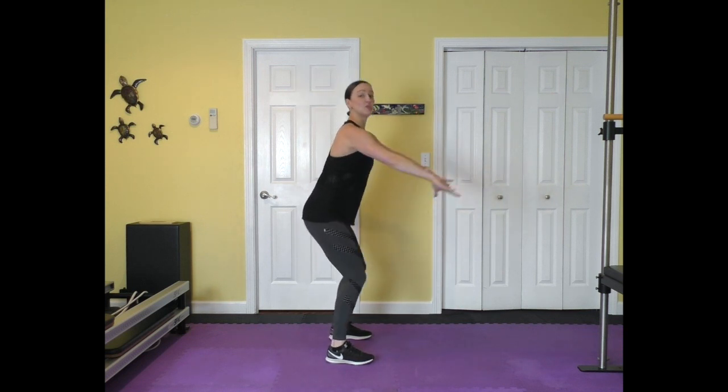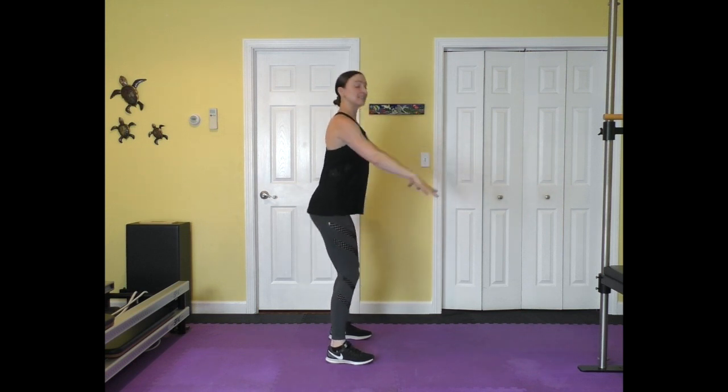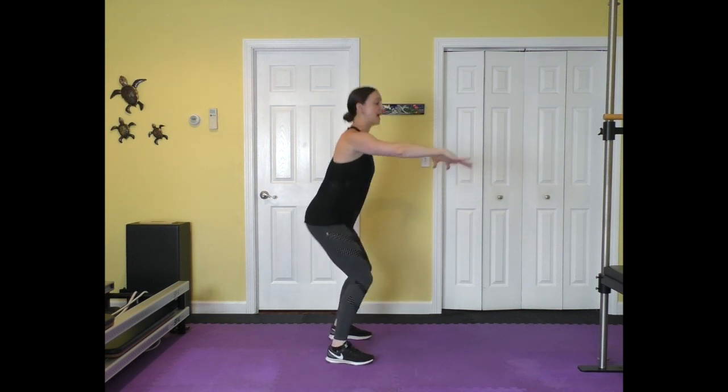Keep pulling in your abs to support the back. And remember, you can change where your arms are based on your comfort level. Lowering down and lifting up. Really squeeze those glutes, get tall. Keep lowering and lifting. Next time we hear those dings, we're gonna go down to the mat and go into